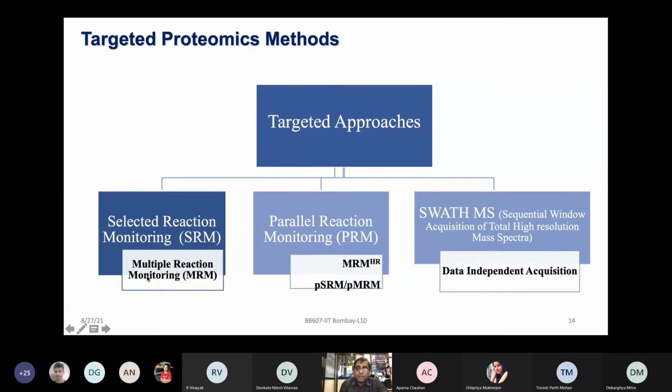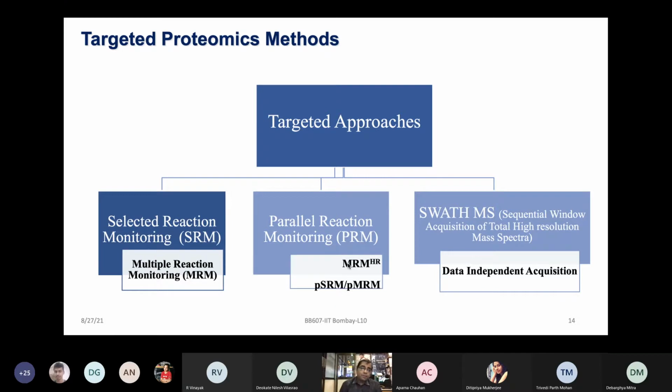So one approach is known as selected reaction monitoring. Broadly, multiple reaction monitoring, you are looking at different transitions, and specifically you want to zoom into specific peptides and their transitions. Parallel reaction monitoring: the MRM-SRM experiment is done primarily on triple quadrupole mass spectrometers. Parallel reaction monitoring is a slightly more advanced concept than SRM, and it looks for potentially all the possible peptides and all possible precursors of these peptides, and wants to validate those. So that is in some way HR-MRM, and you are looking at this type of workflow using Orbitrap instruments.